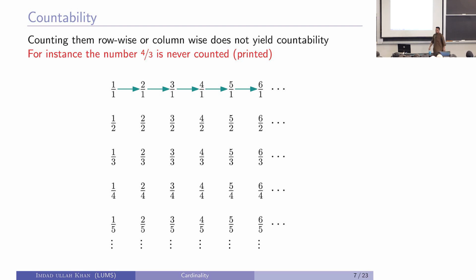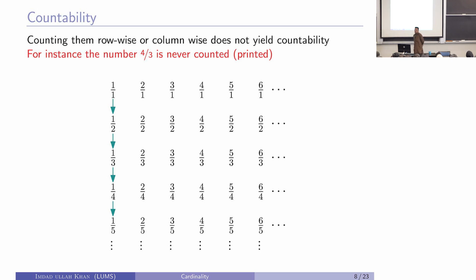So, let us do it column major. If I start printing like this, when will 3 over 2 be printed? Or 2 over 3, when will 2 over 3 be printed? Many will be missing, right. So, this function is f of i is equal to 1 over i, and it will just never finish, right. But if I start counting or start listing them like this,